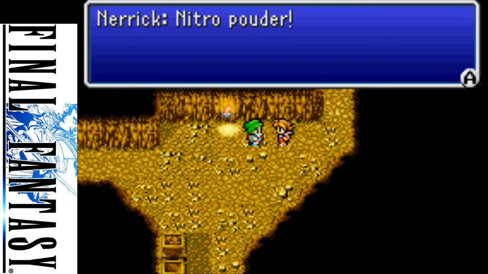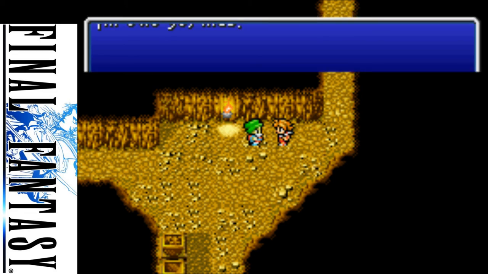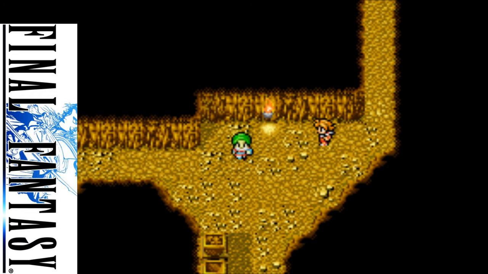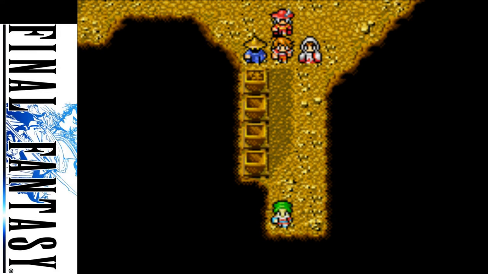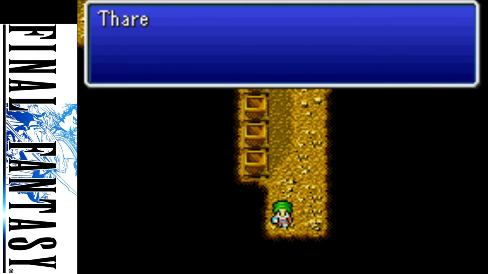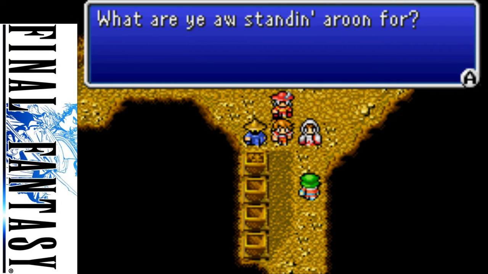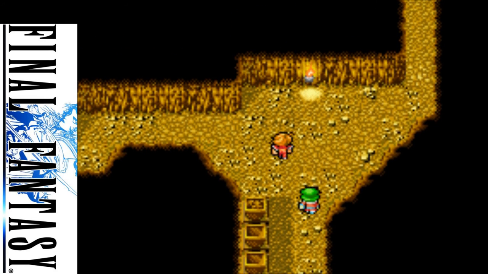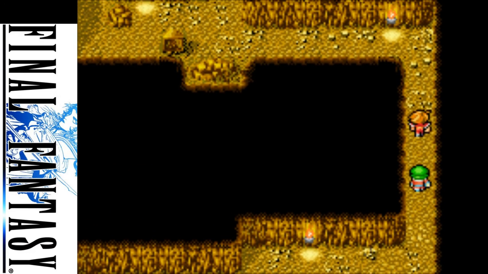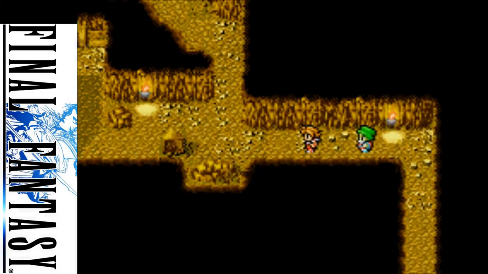Yep. And we meet the dwarf Nurik. And he wants the TNT, or in this translation, the nitro powder. And then we get a cutscene. I don't think we should be following him. Honestly, I don't think we should be this close to the explosion. Does this seem less than safe to you? Because, Spidey seems... Yeah, the NPCs and our player characters, get out of the way, but...